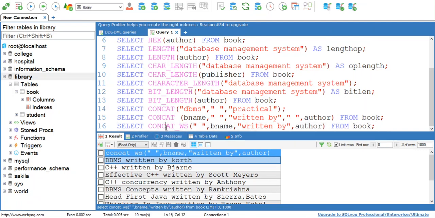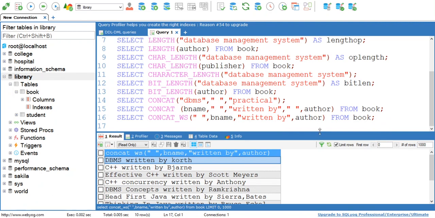When you execute this query, you will get the same output as that of concat, but the query format is different. By using the concat ws function, you can minimize your writing and the parameters of a query. So this is the concat ws function. Here, in place of a blank space, you can give a dash.